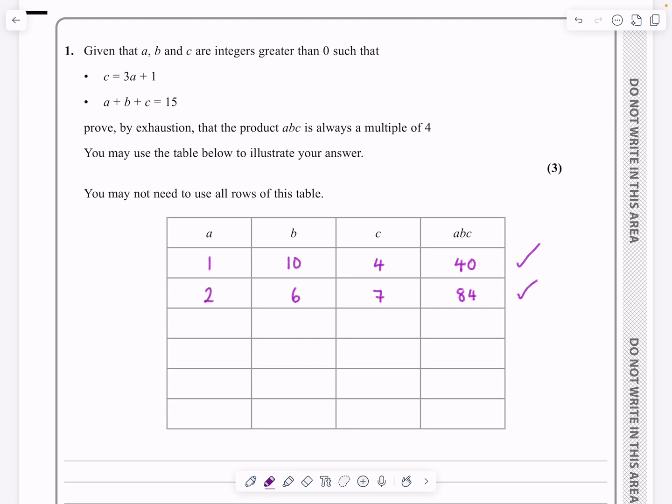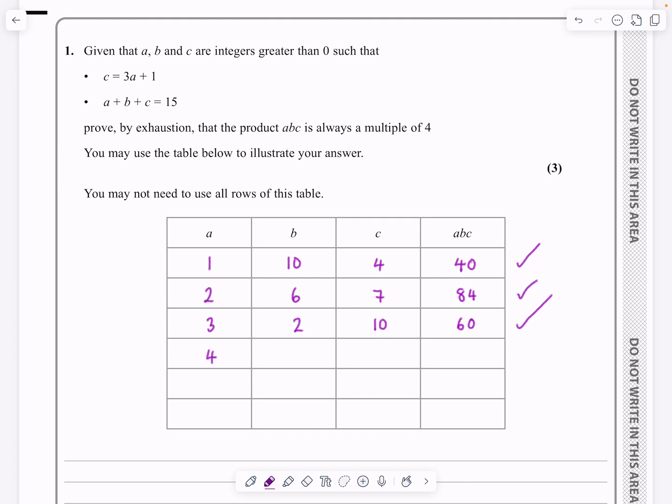A is equal to 3. I'm going to get C being 9 plus 1, which is 10. So we're getting a bit of a limit here coming up. B will be 15 minus the 10 minus the 3, so that's going to be 2 there. So again, multiplying those 3 numbers together, we're going to get a total of 60, which is also in the 4 times table. And then if I set A equal to 4, then C will be 3 lots of 4